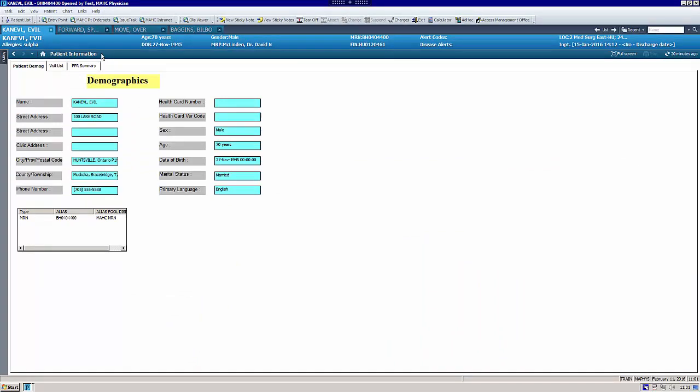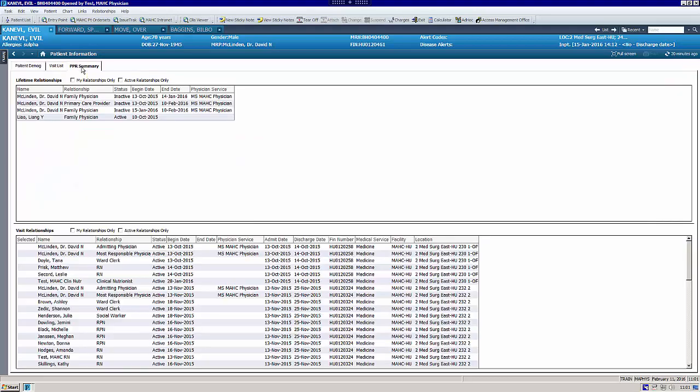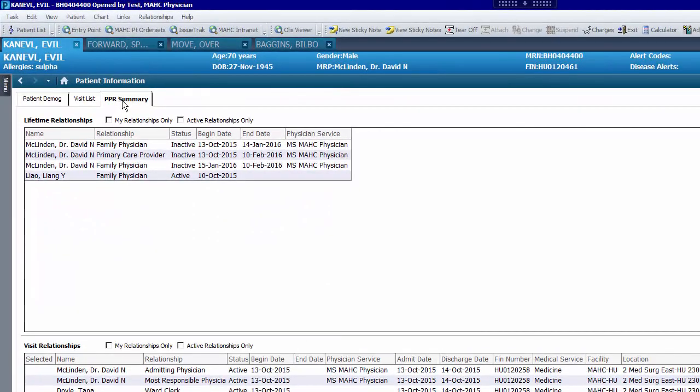Note that the patient header area has not changed. The first tab contains demographics information for the patient in focus. The third tab, PPR Summary, is the Patient-Provider Relationship Summary page. This tab displays a patient's relationships with healthcare providers known to the system. The default view displays all relationships. The second tab